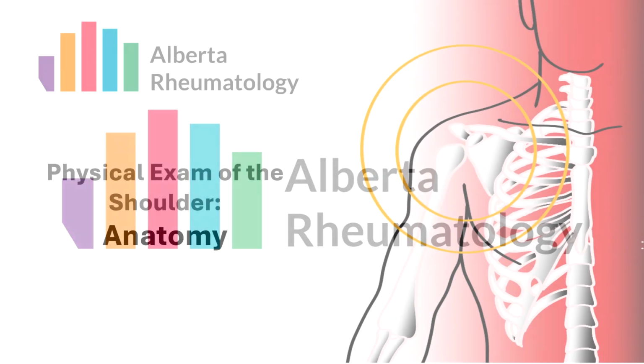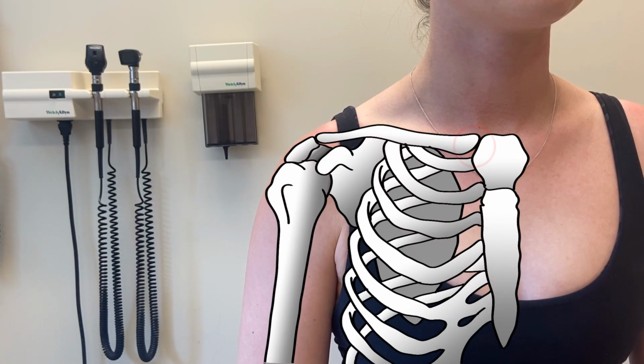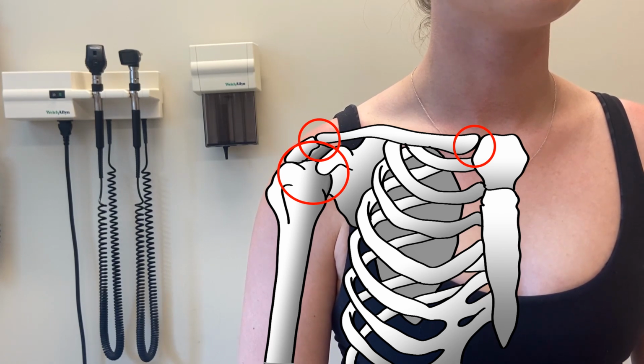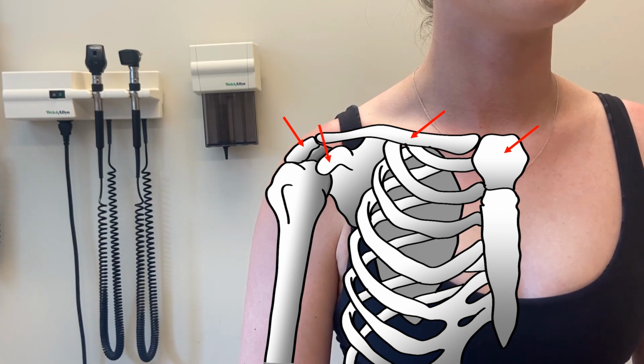In this video series, we will demonstrate the components of a rheumatology shoulder exam, beginning with a brief overview of shoulder anatomy. The shoulder is composed of four joints: the sternoclavicular joint, acromioclavicular joint, glenohumeral joint, and the scapulothoracic articulation posteriorly. Relevant anterior bony structures include the sternum, the clavicle, the scapula consisting of the acromion and coracoid process, and the